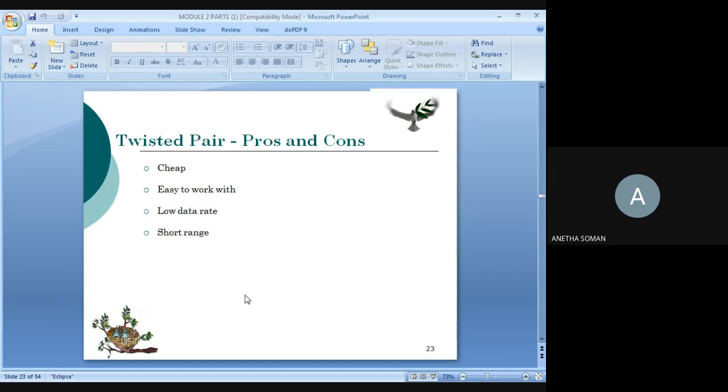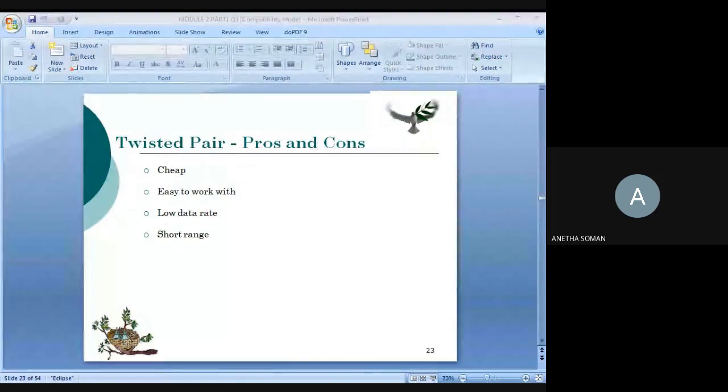Now who will be telling about STP? Vaishnav, are you there? What is the importance of STP cables? What are the things you have studied in shielded twisted pair cable?